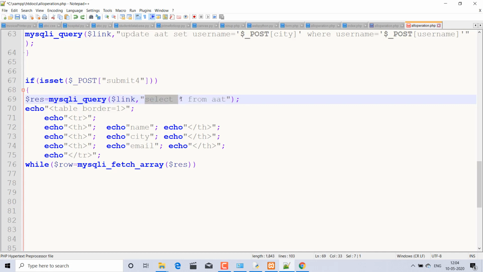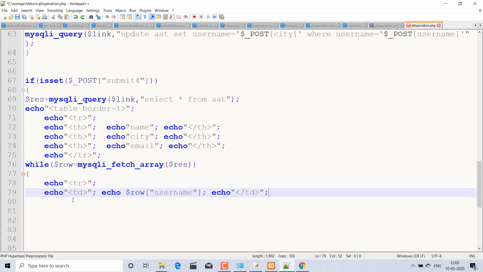It means it will fetch all data from the table, and after fetching, it will be stored in this variable, and this variable again fetches the whole row on behalf of this result. I will fetch the whole row until the truthness will be maintained. It means this row will be true until and unless